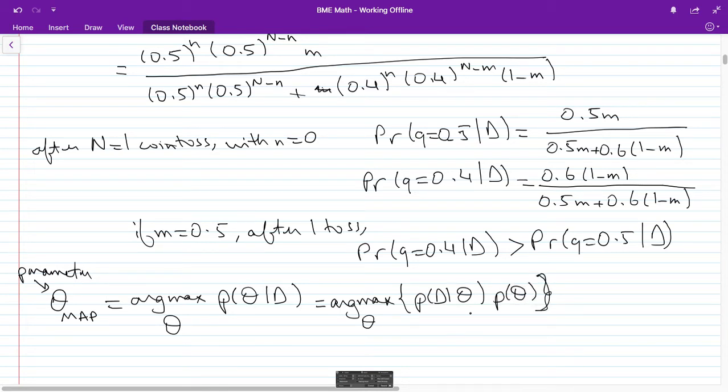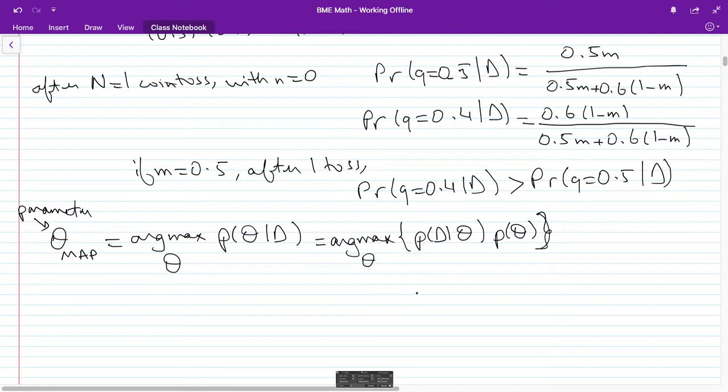So I didn't put the marginal on it because that's just a normalizing constant. So this division that we're making based on this denominator, the denominator is just normalizing things. So if I find the parameter that maximizes the multiplication of my likelihood and the prior, that's my maximum a posteriori. And so when we find the log of this,